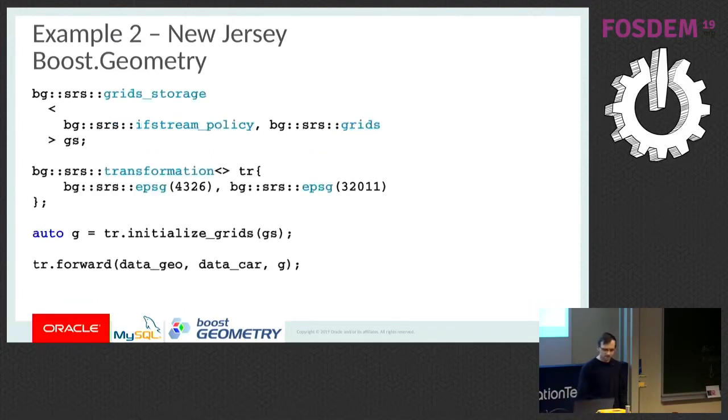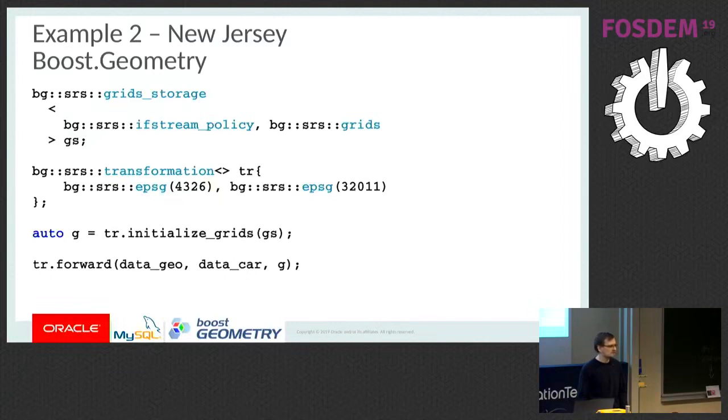And here's, let's say, the single thread example. So I'm creating grid storage. I'm passing stream policy and grids. So the first parameter tells how to access the file. It defines what kind of stream and how to open it, because you can have a grid in a string already loaded, whatever you like. So this default one